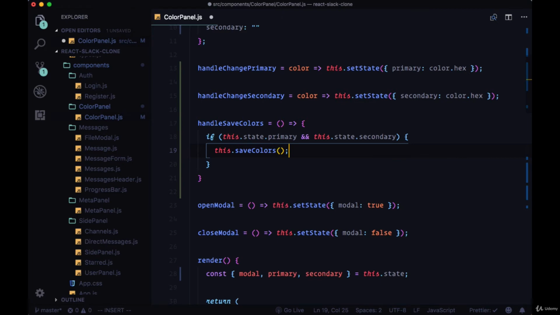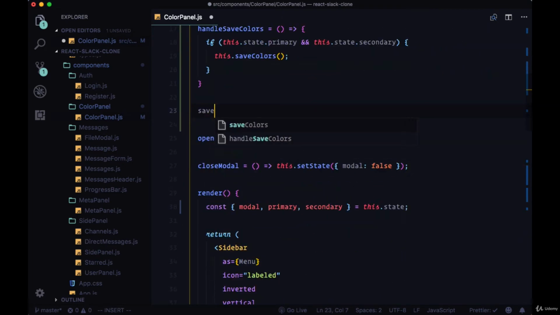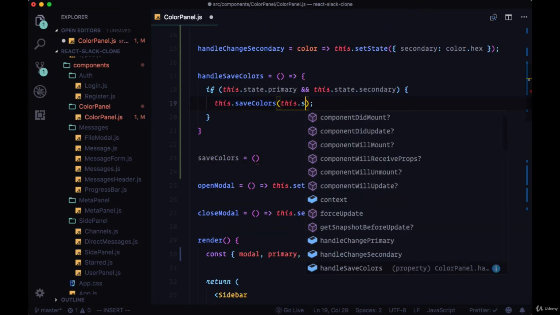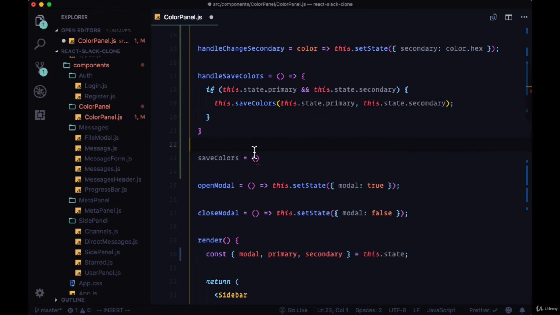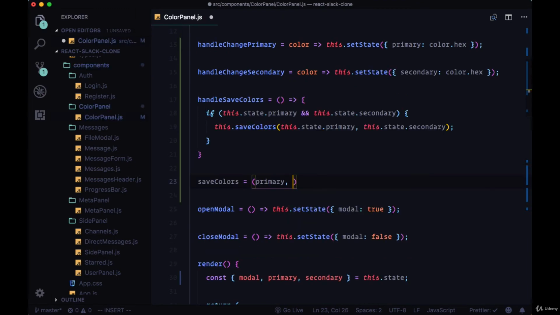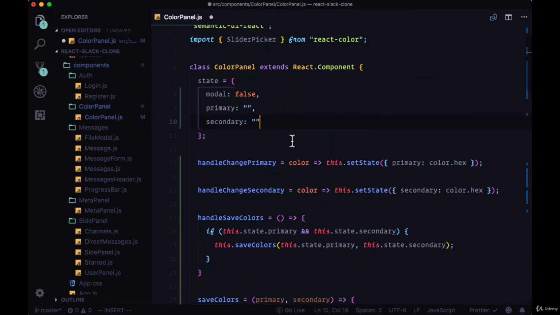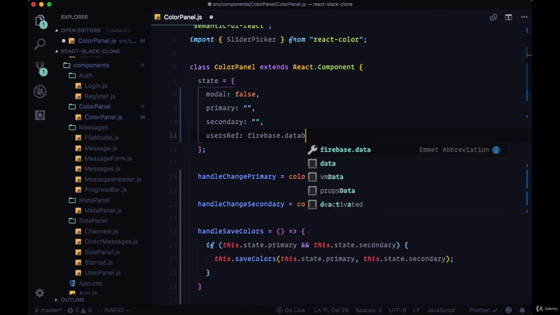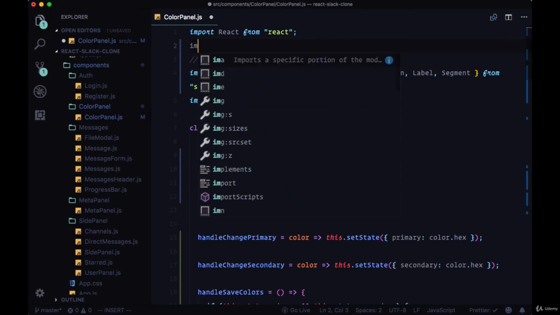And if we have values for both primary and secondary, we'll execute a function called Save Colors, and we can pass the primary value and secondary value to Save Colors, and we'll call them primary and secondary. And we want to reach out to Firebase, and in particular we want to use the users ref to select a particular user. So we'll need to import Firebase,